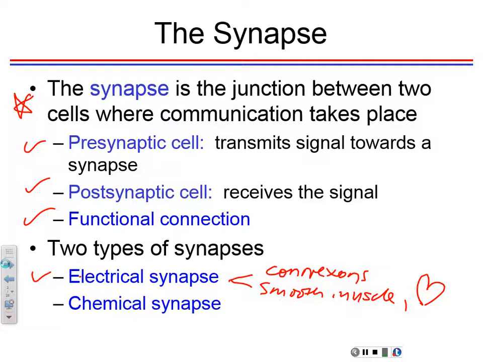So that's what electrical synapses have an advantage for. Okay, and then chemical synapse is what we've been talking about. The chemical is responsible for passing on the messages. And the chemical we've talked about so far in the neuromuscular junction is the actual messenger that's sent to the next cell. What is the messenger that's sent to the next cell? ACh. Yeah, acetylcholine. Beautiful. That's good. So ACh is the chemical, and we call it a neurotransmitter. Okay, so that's a chemical that's used to pass the message on, whereas in the electrical synapse the message is passed on electrically via those gap junctions, when the impulse goes through as if it's going through the same membrane.